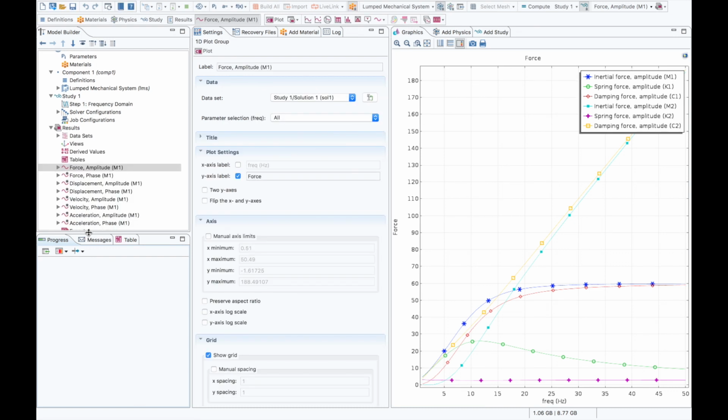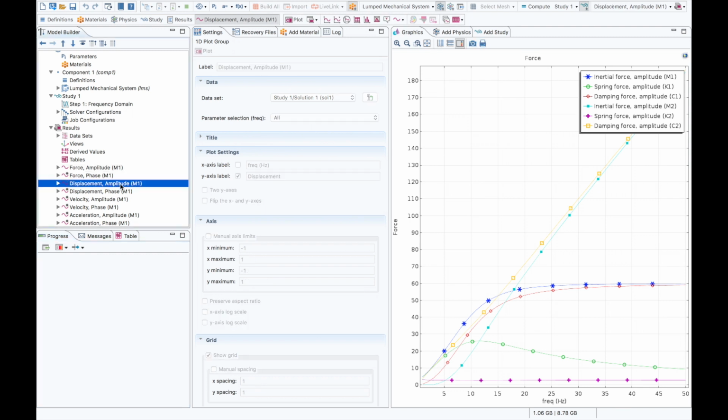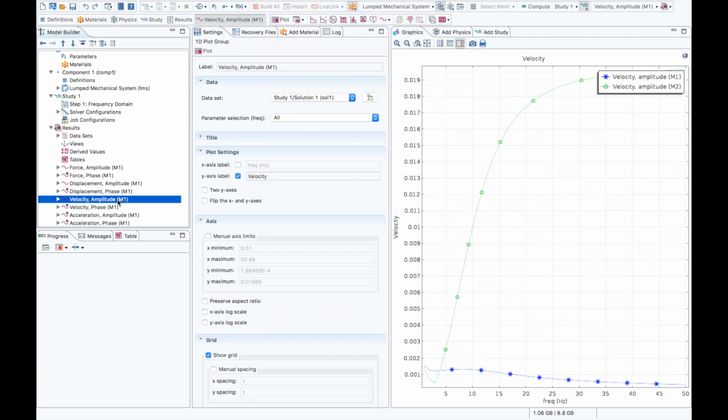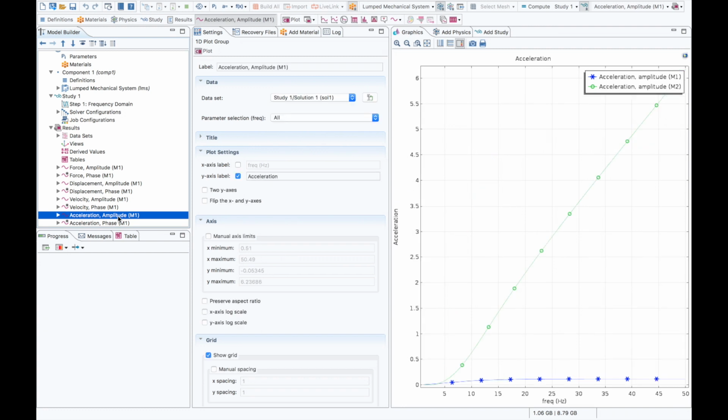The force amplitude as a function of the excitation frequency, the displacement amplitude as a function of the excitation frequency, and we have the same for the velocity amplitude for the two masses. So we have two curves,